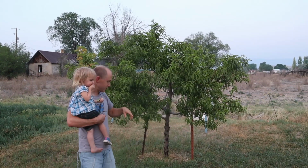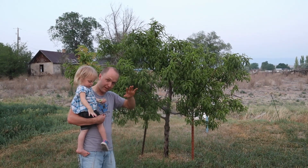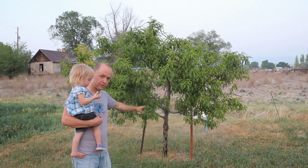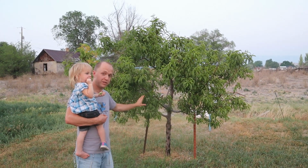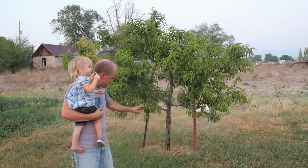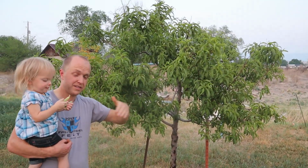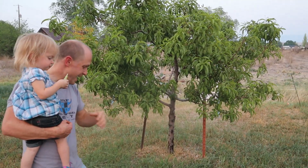If you haven't seen that, be sure to go check that out. We wrap our tree in the climate that we live in, the zone. It gets super cold, and this is how we preserve our peach tree in the wintertime, is to wrap it. I held off a little too late unwrapping the thing after the seasons changed this year,